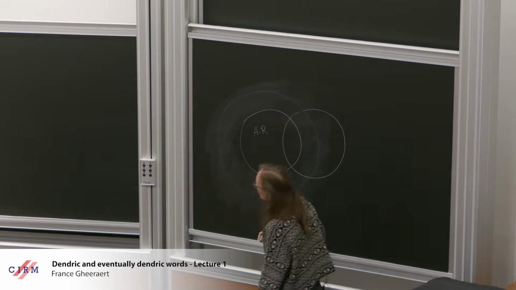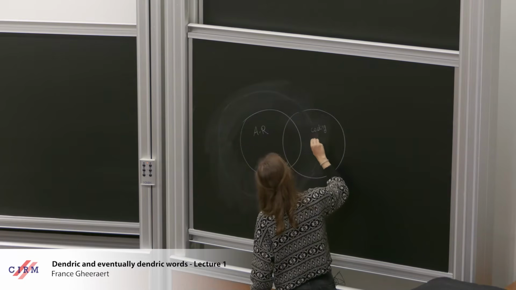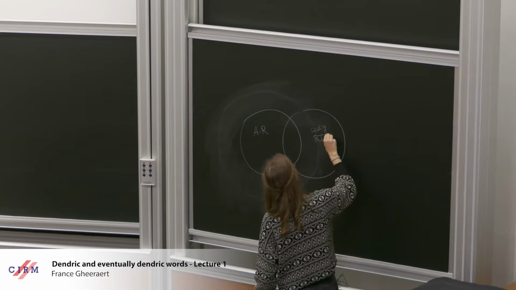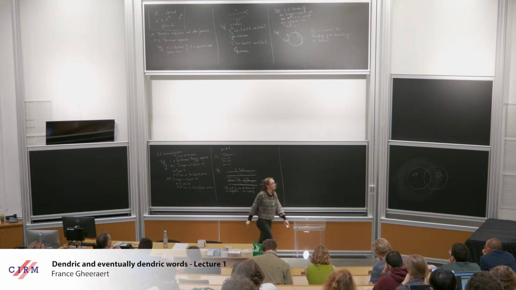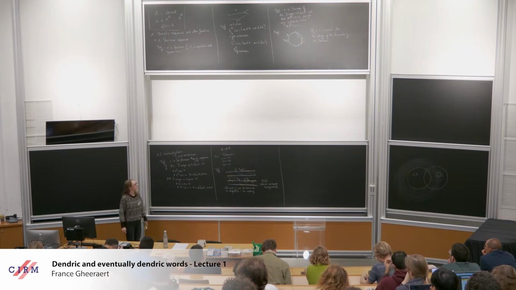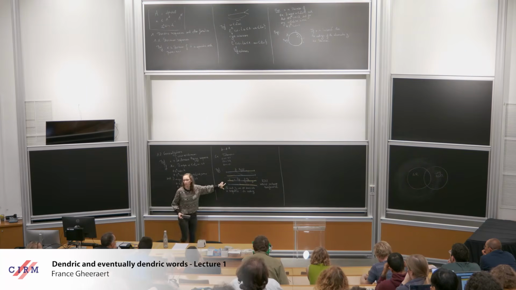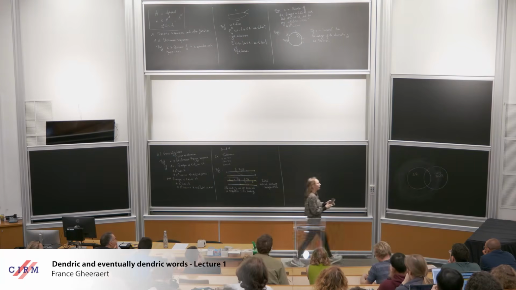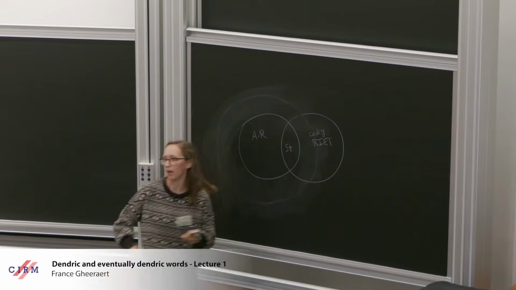So these are Arnold-Rosie sequences. Here we have codings of regular interval exchange transformations. And of course, these two generalizations intersect, because if you take k equal 2, or if you take only 2 intervals, you get the Sturmians back. So in the intersection, we'll find the Sturmian sequences, and in fact, we only have the Sturmian sequences.